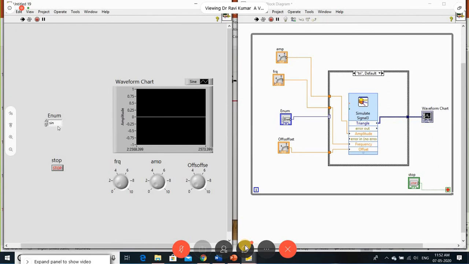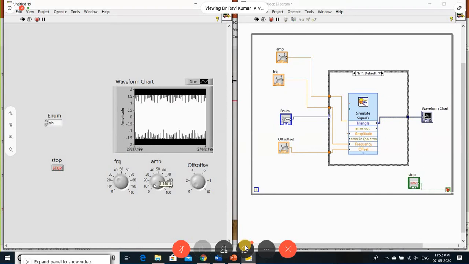So now I'm getting the sine wave, I made it as the sine wave. I'm changing that frequency. Okay, I changed it to 100. Changing this amplitude.